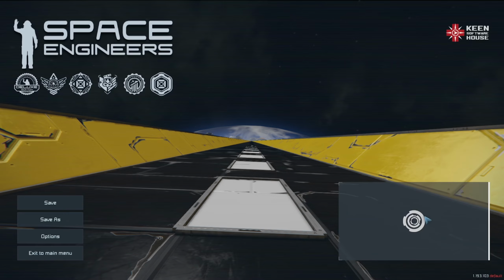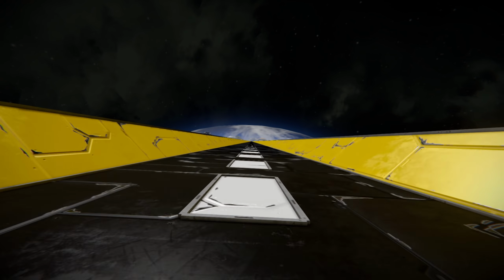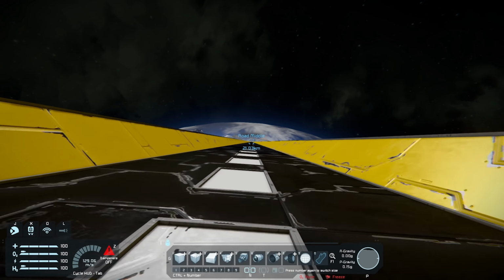Dun dun dun dun dun. Take a screenshot. How fast are we going? Let's check. 70. Okay, not that fast, actually. We could be going much faster. We are going 100 and...